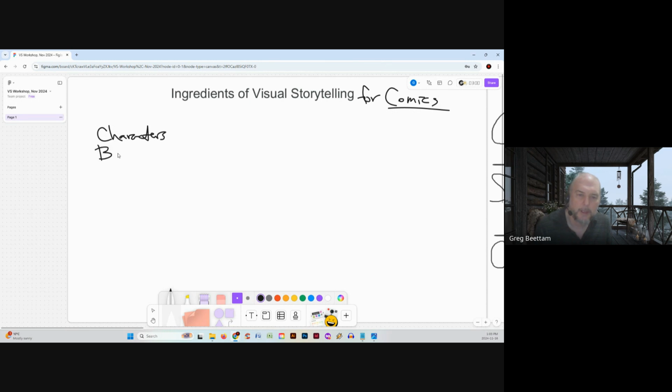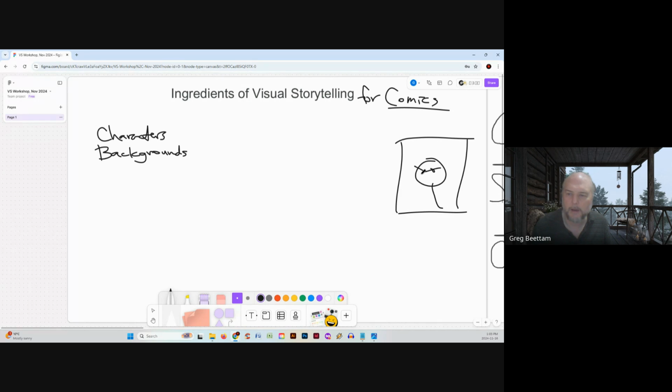Characters and backgrounds. And definitely, yeah, that is going to be an ingredient in the majority of panels that one could draw, right? There's usually going to be somebody and also a somewhere for them to be, whatever that somewhere consists of. Composition. Okay, wow, you guys are getting right to the meat of things. Composition. Yeah, and as we mentioned before,